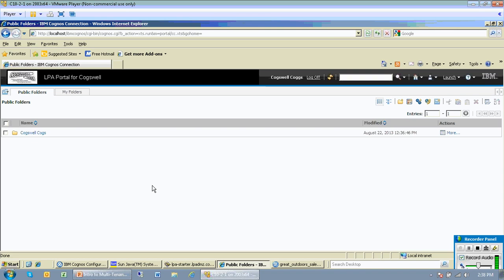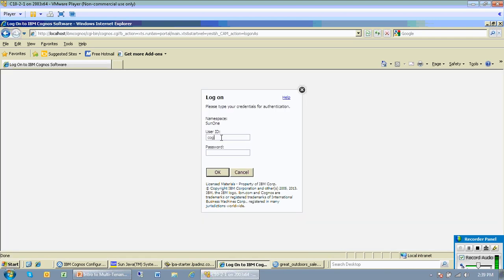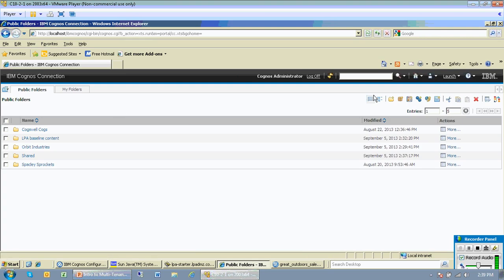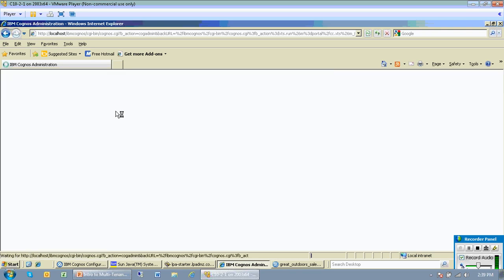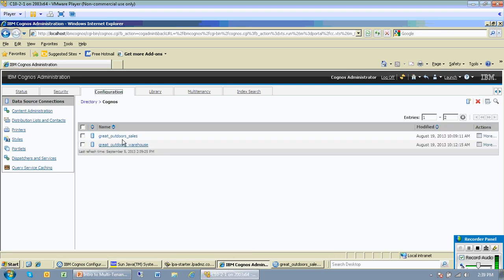It turns out that for OLAP data sources and relational data sources, the connections to those data sources are in the Cognos connection administration screens, and if I wanted to configure so that I had different connections by client or by tenant, what I would do is, let's say that in my configuration I have